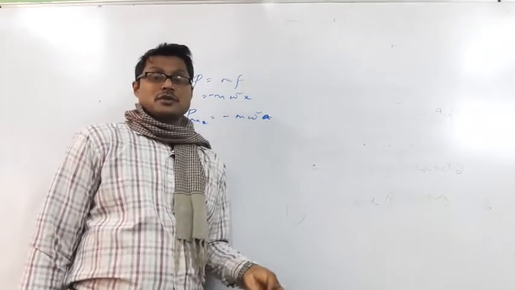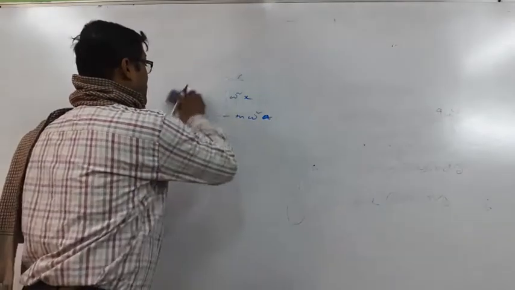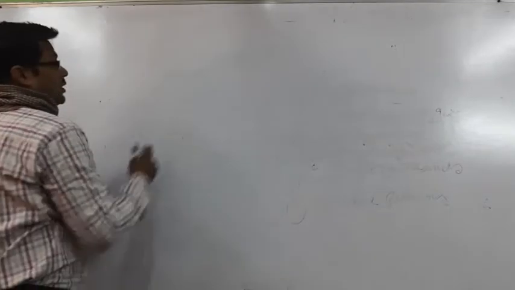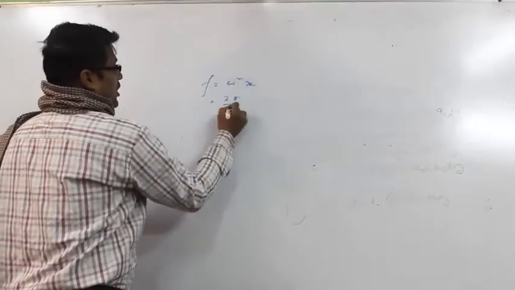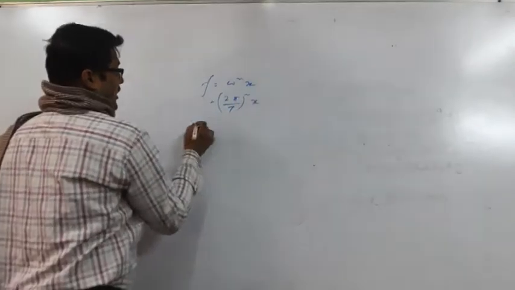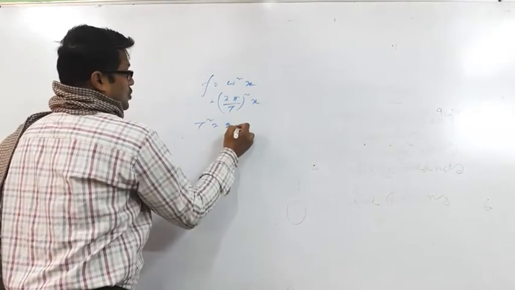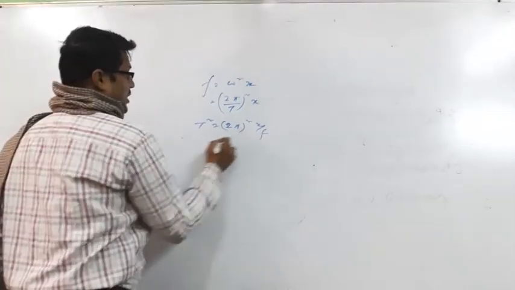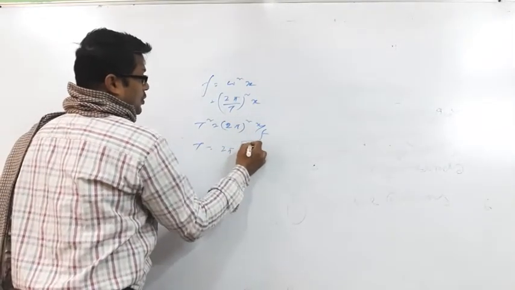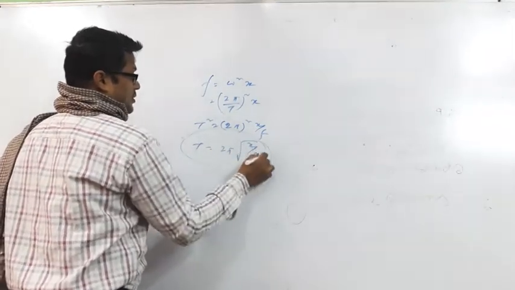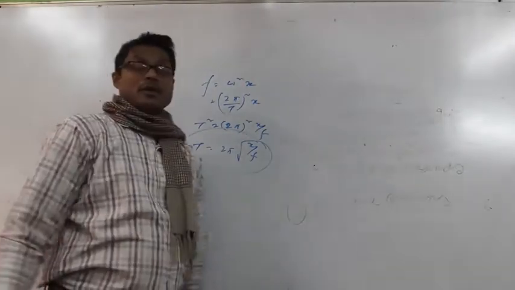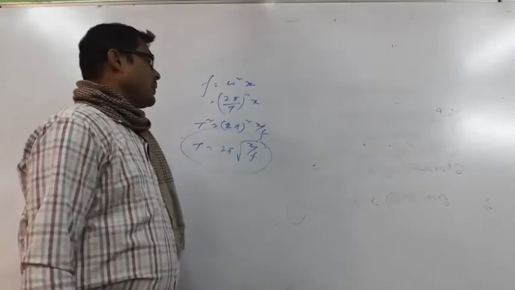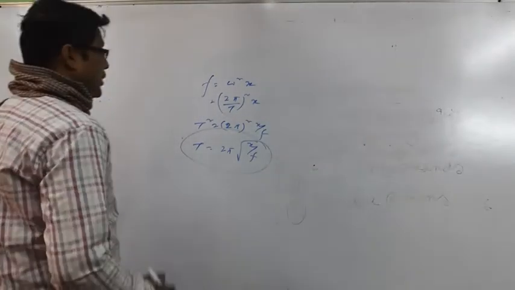then force, and now time period. How can we find out the time period? We have acceleration a equal to omega square x, and omega is 2 pi by T, so a equal to (2 pi by T) whole square x. Then T square equal to 4 pi square x by a, or T equal to 2 pi root of x by a. So this is the expression for time period also. Now we can move to